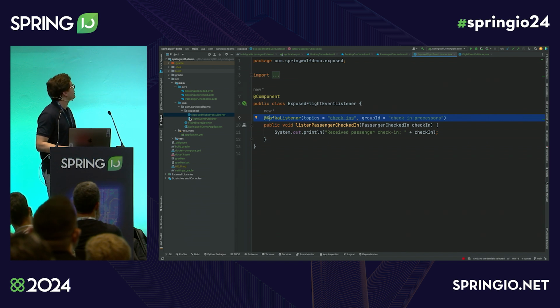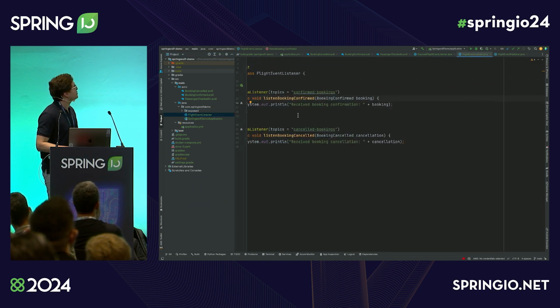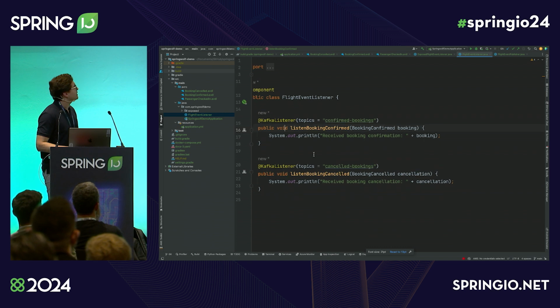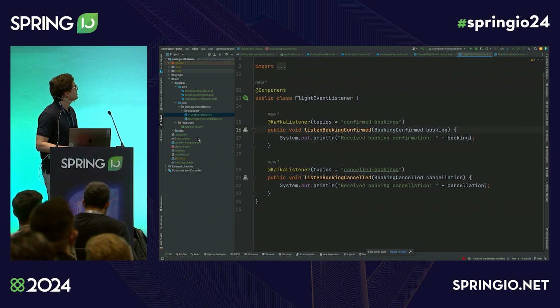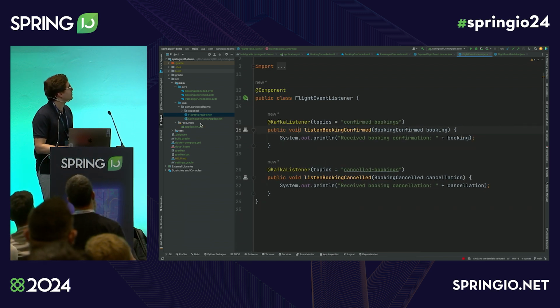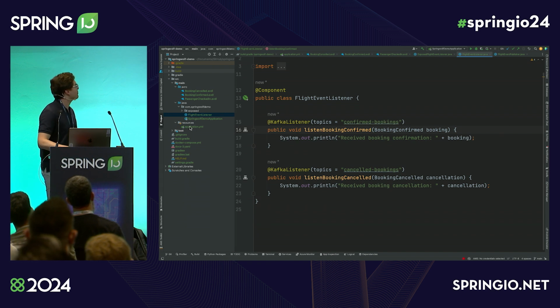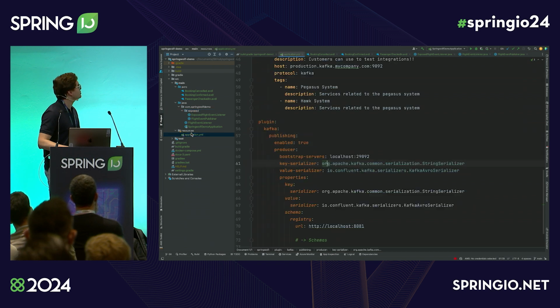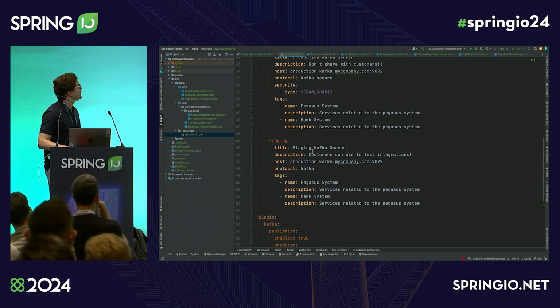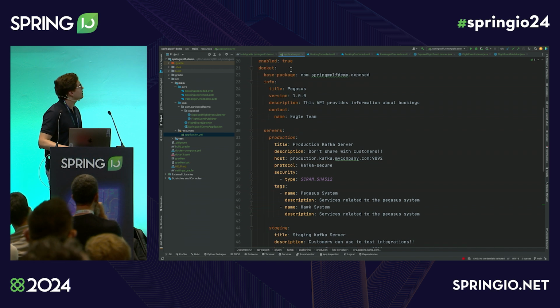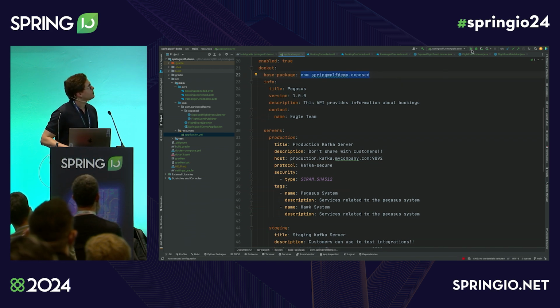Sorry, there's one more thing. You can see that I added these two files into this exposed package, because for the sake of this example, I also added these two listeners so you can test, and you can see that our messages are actually being published. But I didn't want them to show up in the AsyncAPI file. So the ones that I wanted to be exposed, I added into this package, and I told AsyncAPI to only look into this package as the base package. So if I run my application right now, and it works,